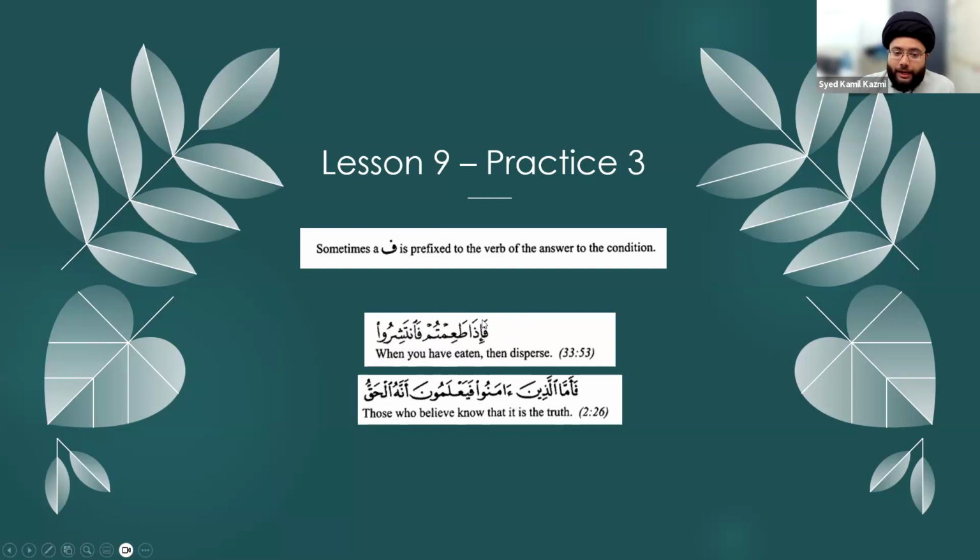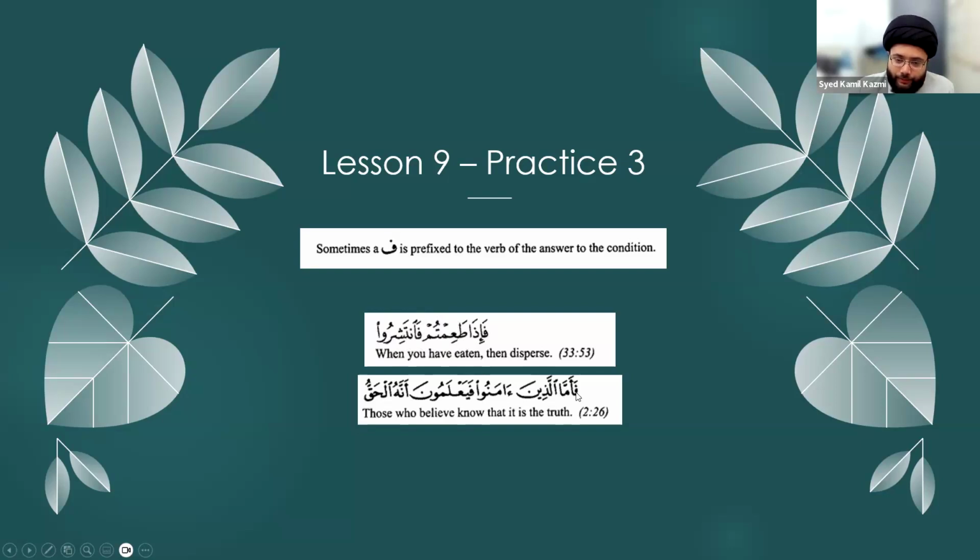Okay, so this is a good practice of the past point as well as this point, that sometimes إذا comes on a past tense and changes the meaning from the past tense to the present. The mahal of that would be holding some form of an i'rab, majzoom perhaps, in this case. And the fa then shows us that, look, the response to that particular harf shart is right here. فانتشروا.